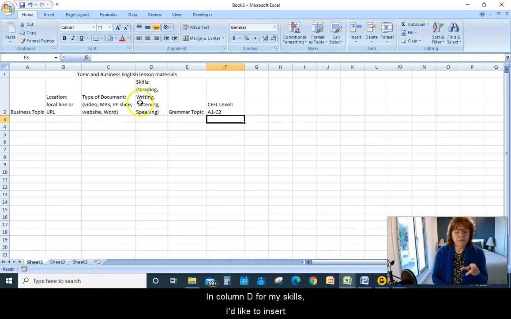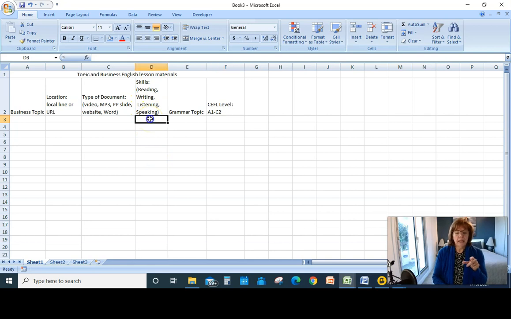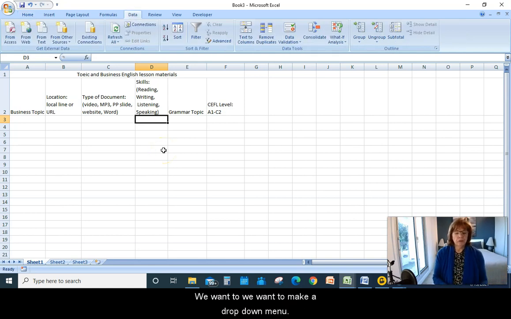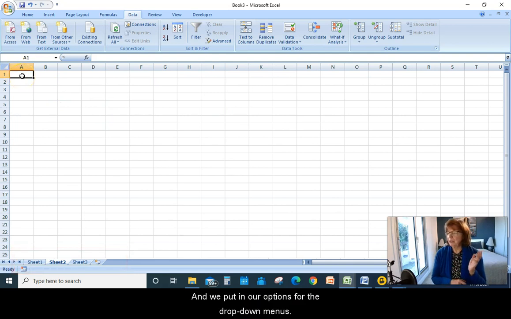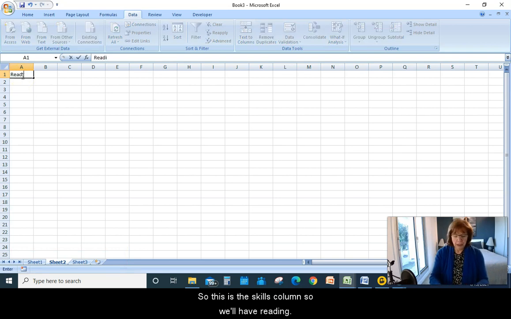Now, in column D for my skills, I'd like to insert a drop-down menu. Instead of typing reading or speaking every time, we want to make a drop-down menu, so we will save time instead of typing all the time. So the way we do this is we go to sheet number 2 and we put in our options for the drop-down menus. So this is the skills column, so we'll have reading,